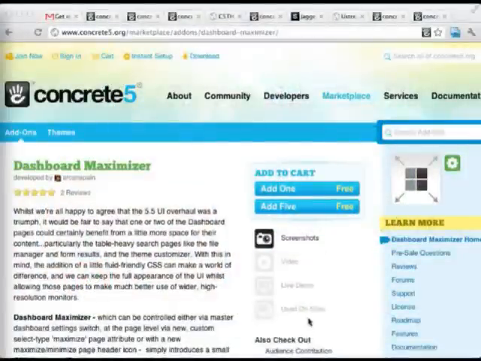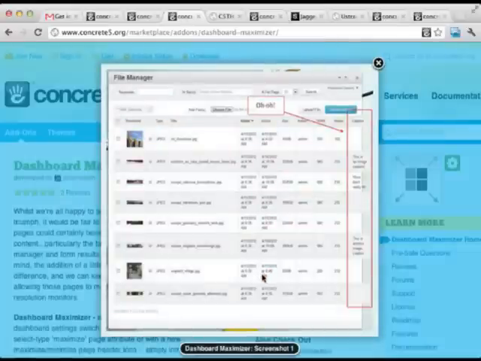Two more that didn't get auto-posted to the blog just because of PRB changes. There is the Dashboard Maximizer, for the maximum dashboard. This is by Arcane Pain. It's an add-on that when you install it adds some styles to the dashboard that change the main column, the one-column template that we use throughout the dashboard, from fixed into variable width.